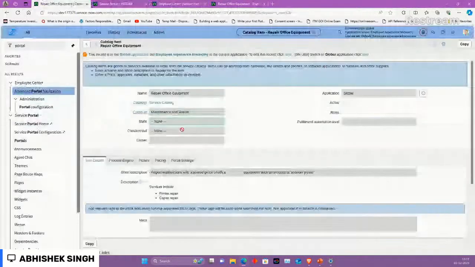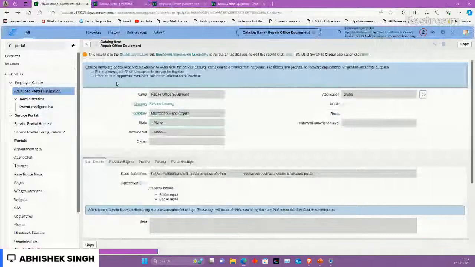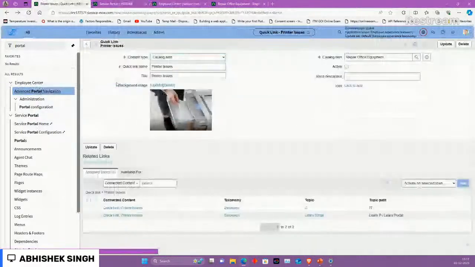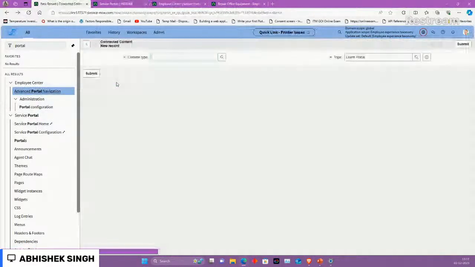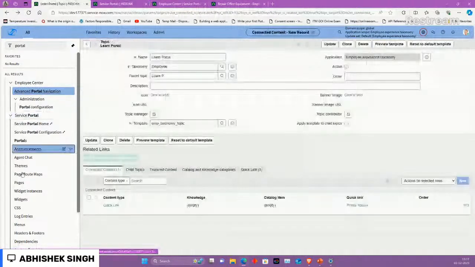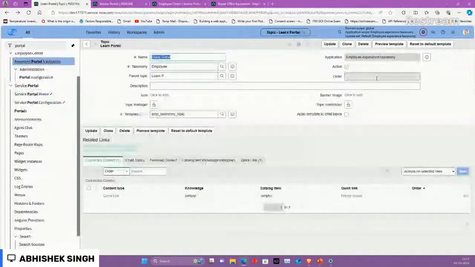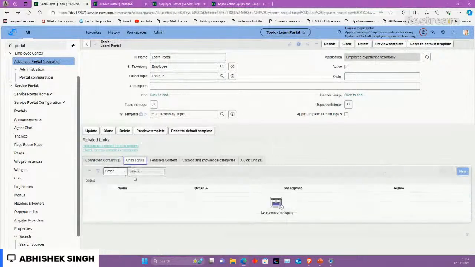Let's just go back. Give me a second. I need to navigate there. Learn parent, learn portal. Yeah, then quick link. So for child topic to appear over here,